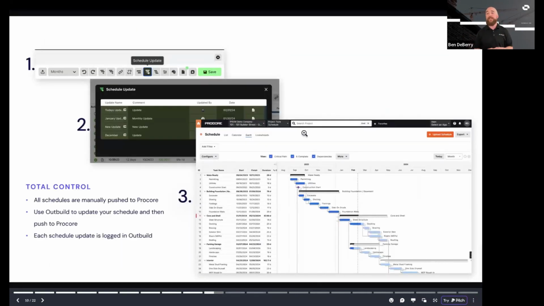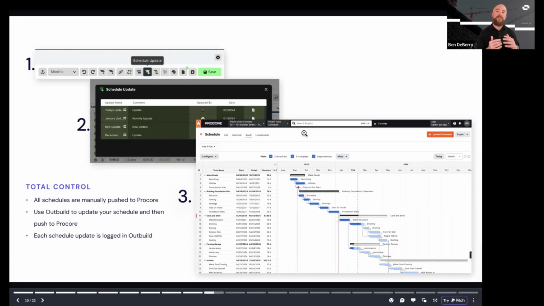It's really done in 3 simple steps. So now you don't have to go in, use your Procore drive, use different areas, try to find that right file that you uploaded. You simply log into Outbuild, you open up your schedule, and then you have total control over when you publish to Procore. And sometimes we run into this. There is not an automatic sync here. And we do that because we want to give you control to manage and update your schedule within Outbuild.